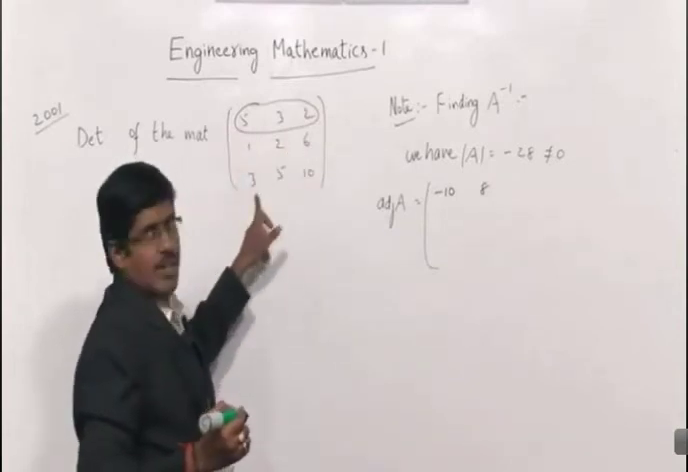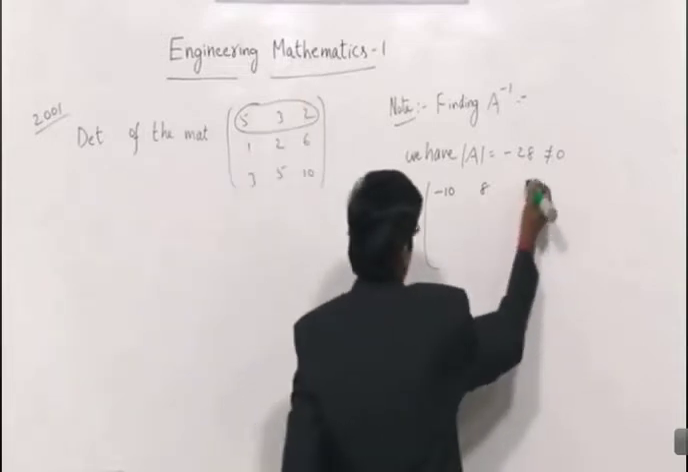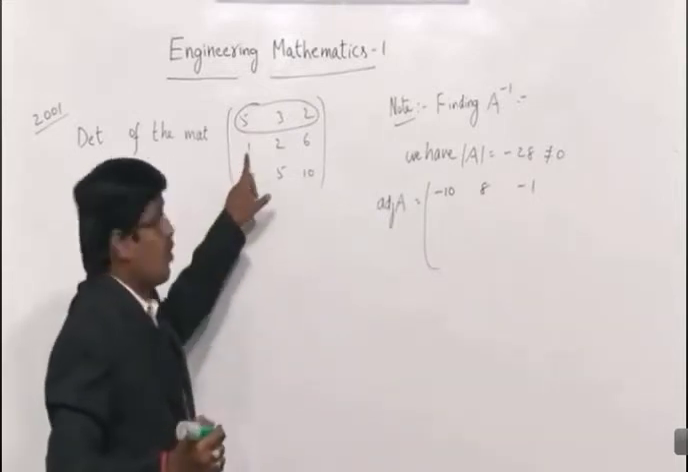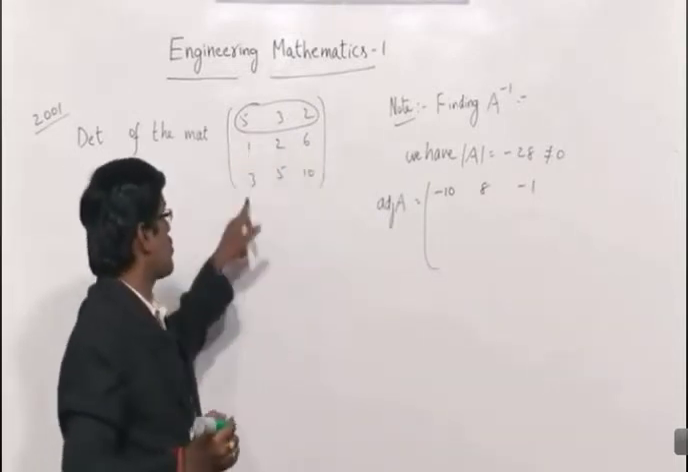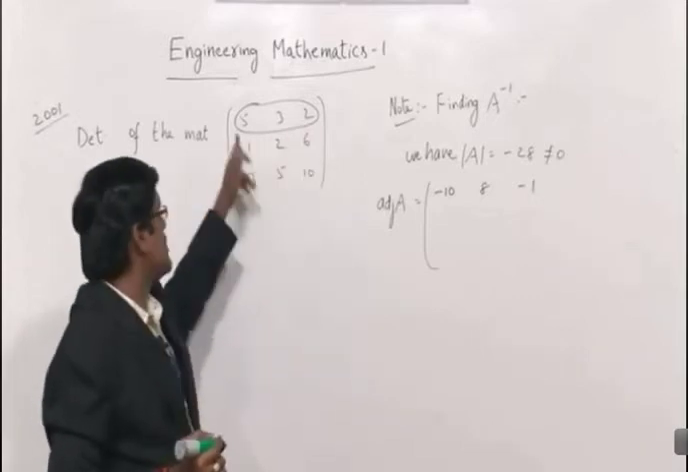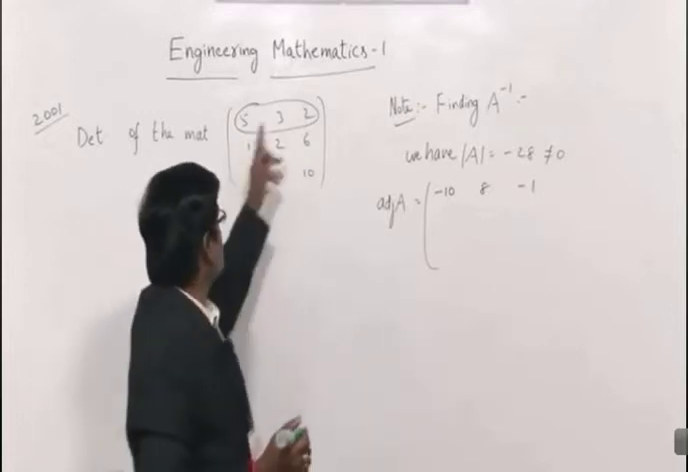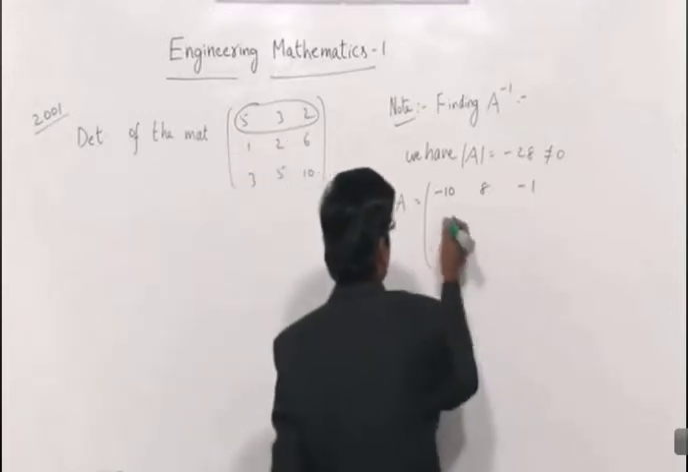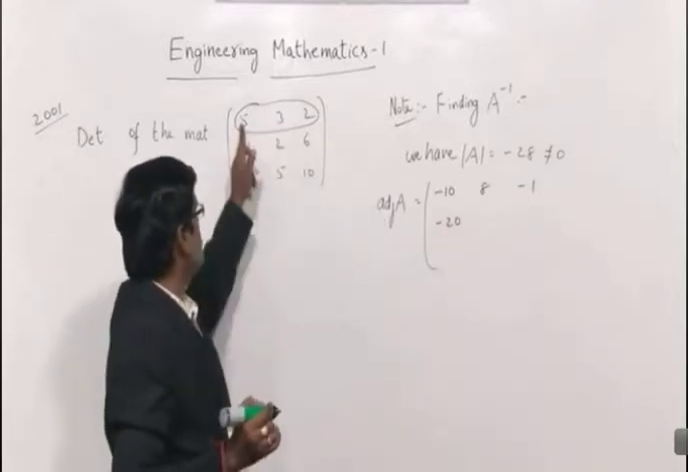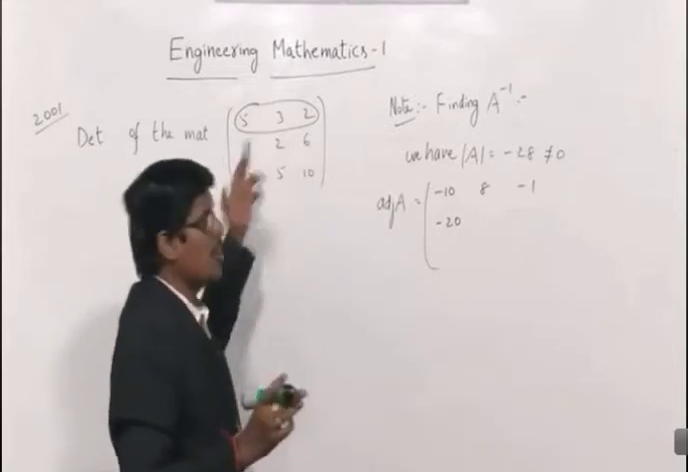Remaining: 1 into 5 minus 2 into 3, 5 minus 6, minus 1, with the plus symbol, that is minus 1 only. Okay, next, this fourth element 1, leaving second row first column, that is 3 into 10, 30 minus 10, 20, 20 into minus symbol, that means minus 1 raised to i plus j. Okay, that means 30 minus 10, 20, into minus, minus 20. Next, this fifth element 2, leaving second row second column, 50 minus 6, is 44, 44 into